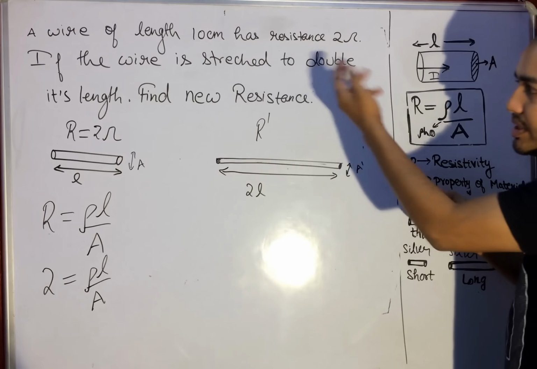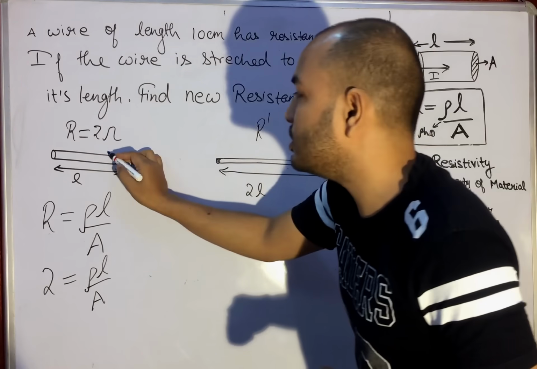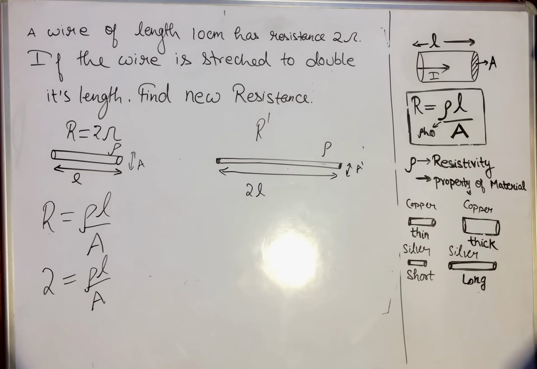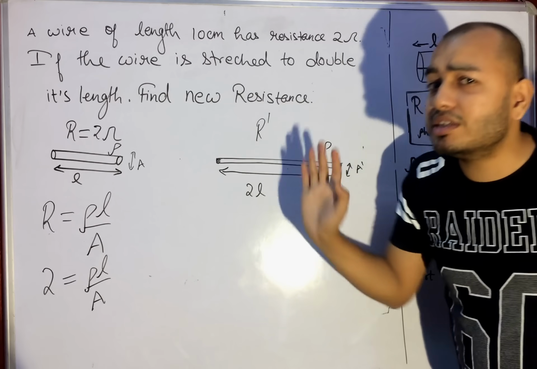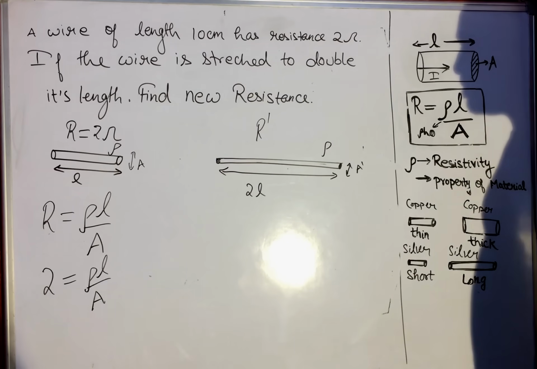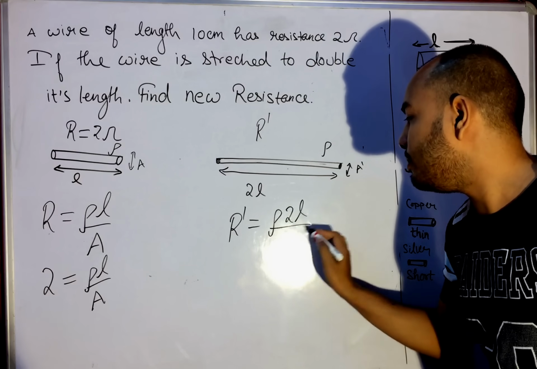Since both are the same material, on stretching the material does not change. Resistivity will be the same in both cases because it is a property of the material. So resistivity is the same in both cases. On stretching or compressing, resistivity does not change. Now on this side I write the formula R dash is equal to rho 2L by